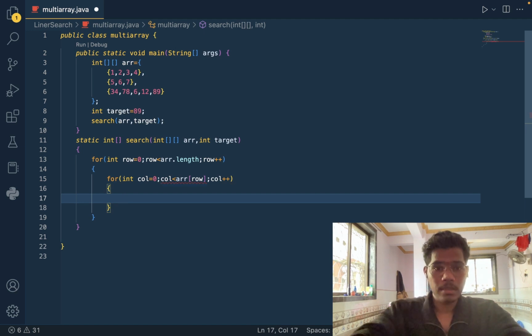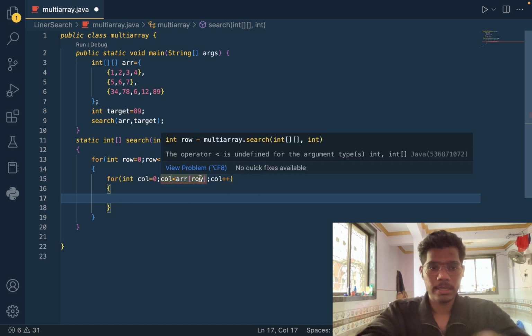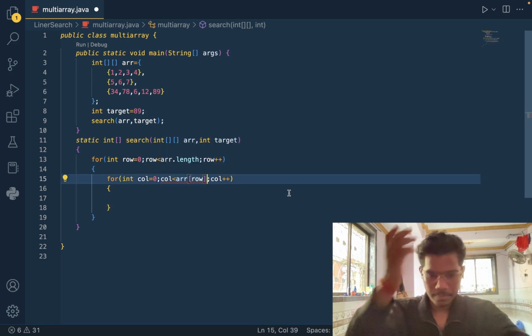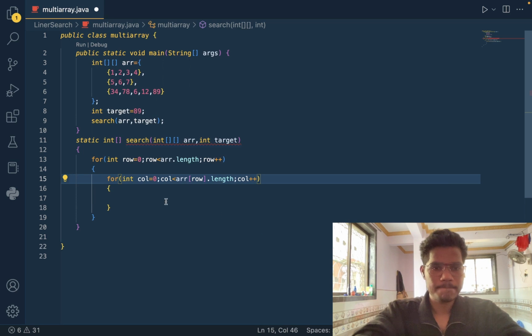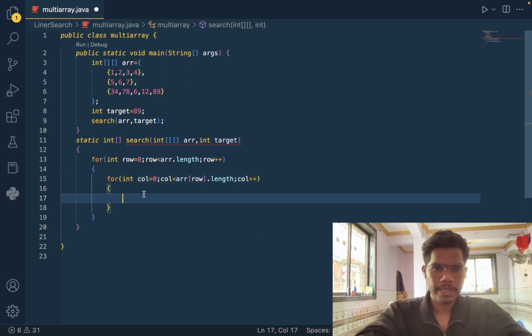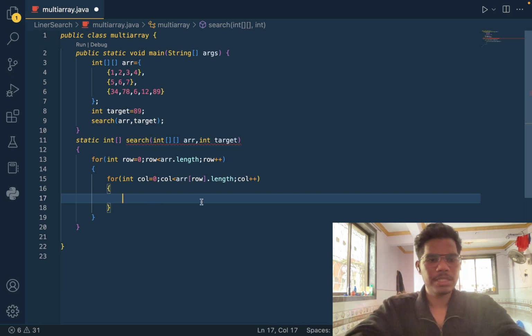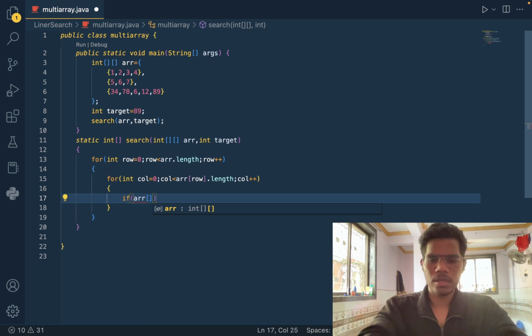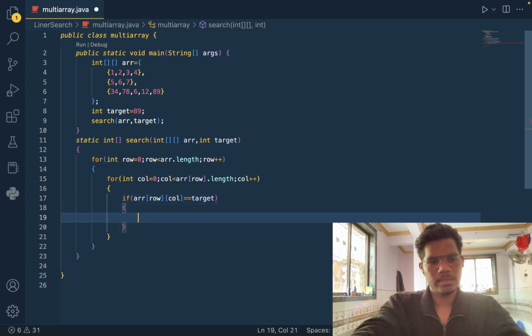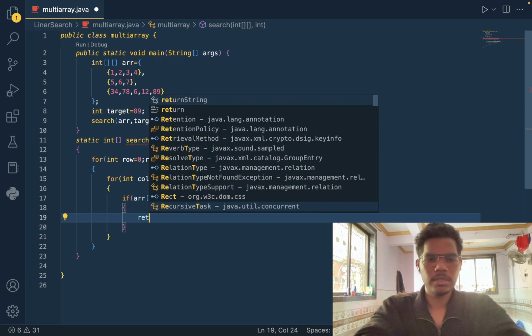ठीक है, dot length, sorry, dot length. I will explain you. Firstly I write this code. Okay, तो रो के लिए चेक करना है, if I like something array of row of column will be equal to target, then returns what, return